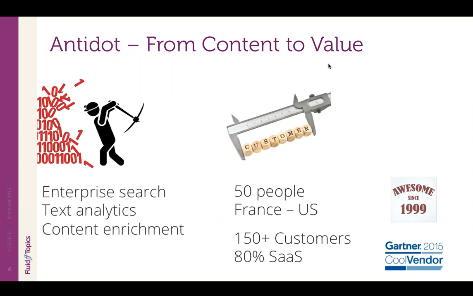For those who don't know us well, Untitled is a leading software vendor specialized in advanced semantic search and content enrichment, which means content classification, text mining, knowledge graphs, all based on the most advanced machine learning technologies. We have more than 150 customers in many different sectors: publishers, e-commerce, IT, legal, healthcare, and our mission is to help them boost their business performance by better leveraging their content. For some, it's about selling more. For others, it's being more efficient or having happier customers.